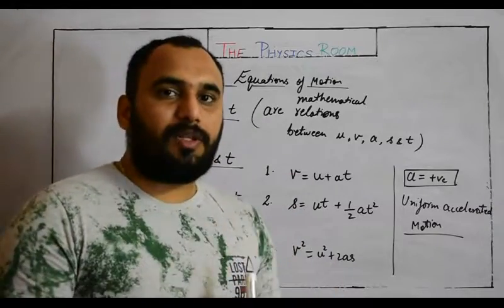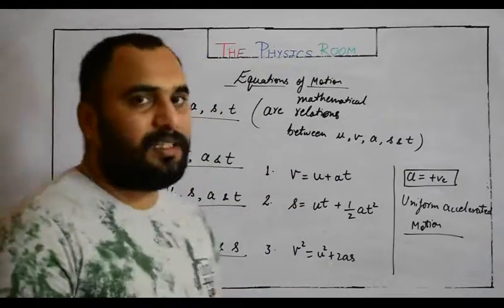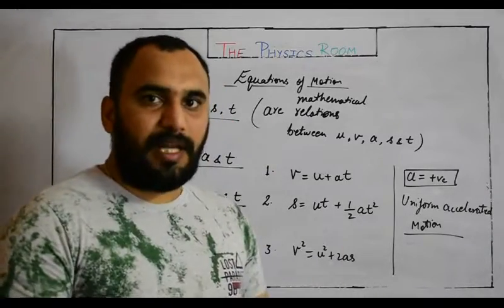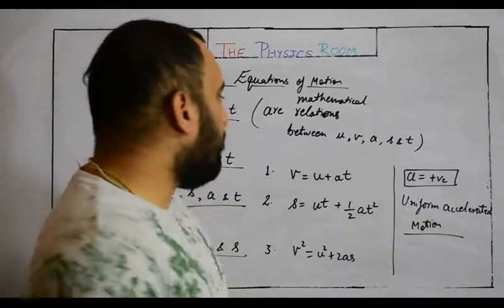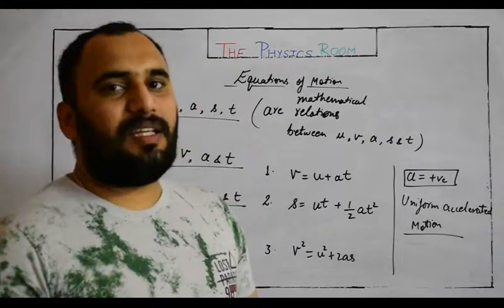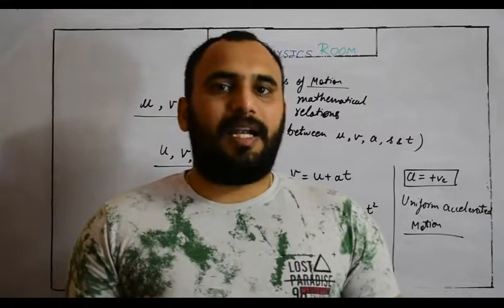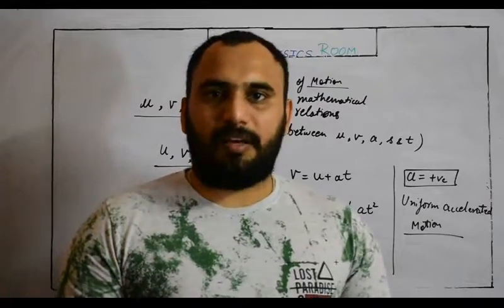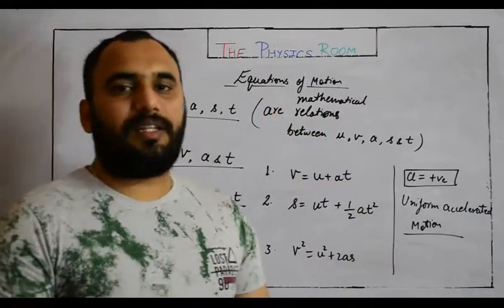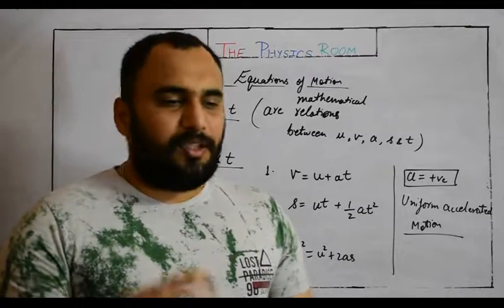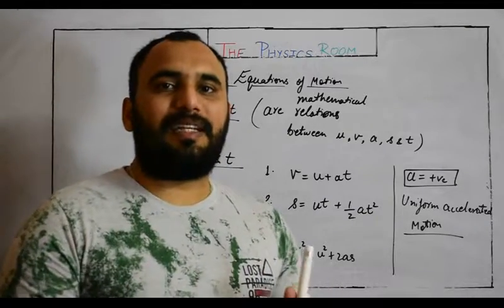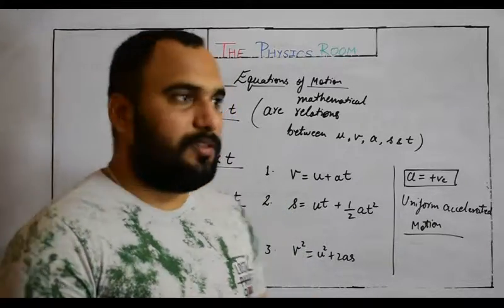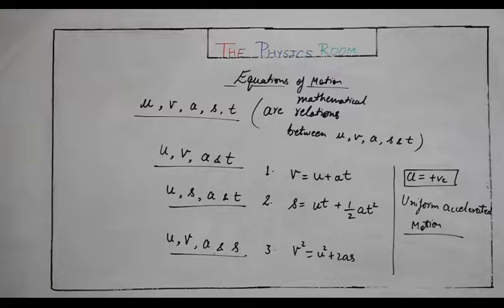So first thing, we need to understand how to derive these relations. After that, you will get the universal format of equations of motion, right? There are 2 methods to derive these 3 equations of motion. First is the analytical or general mathematical method, and the second is with the help of graphs. Graphs between velocity and time, the velocity versus time graph. With that graph we can derive these 3 equations of motion. So I will go through the mathematical method, that is the analytical method, first, and then we will move to the graphical method. So let's start from the mathematical method.